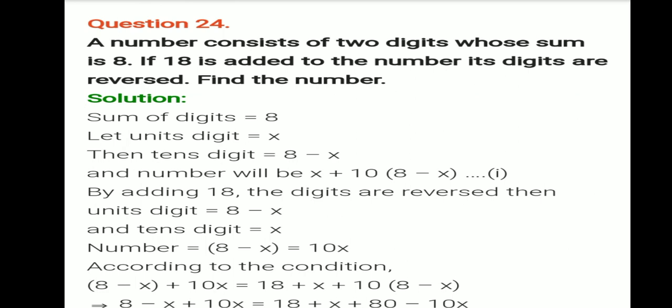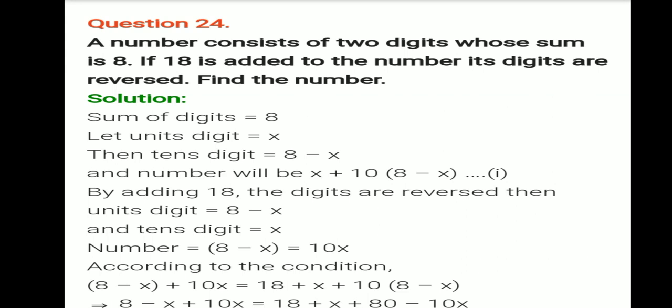Next is a bit tricky sum. You can solve it in many ways. First is, a number consists of 2 digits. If we have a number like 23, it is a 2-digit number, 64 is a 2-digit number, 59 is a 2-digit number. If you write 59 in the expanded form, what do you write? 50 plus 9. It means 5 is multiplied by 10 and 9 is multiplied by 1. So over here they have told us first the sum of digits of both 2 digits is 8.